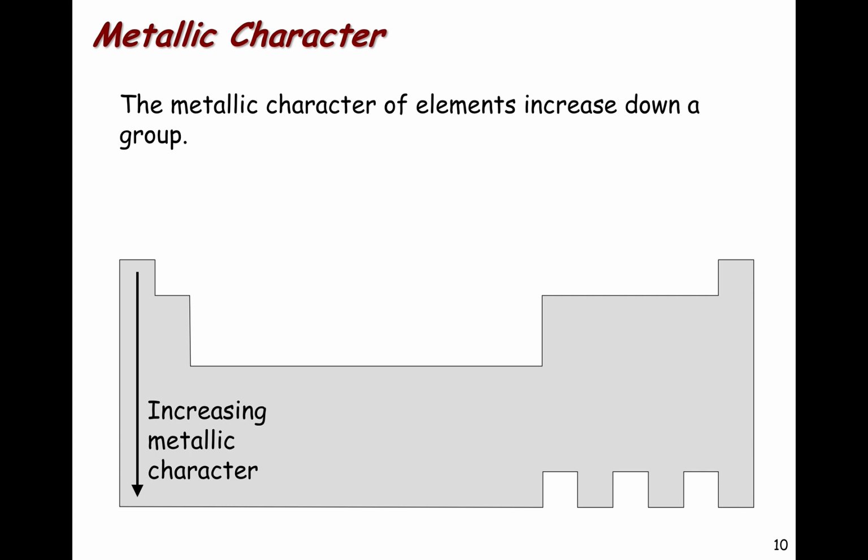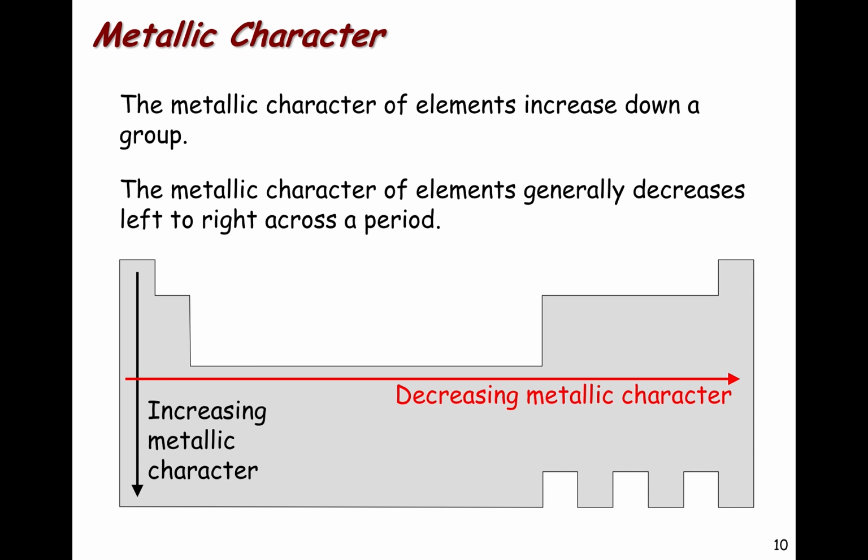Generally, the metallic properties of the elements increase as you go down a group. This corresponds very well with the size. And then also the metallic character decreases as you go from left to right. This corresponds very well with the fact that the metals tend to be on the left-hand side of the periodic table, whereas the nonmetals are in the upper right-hand